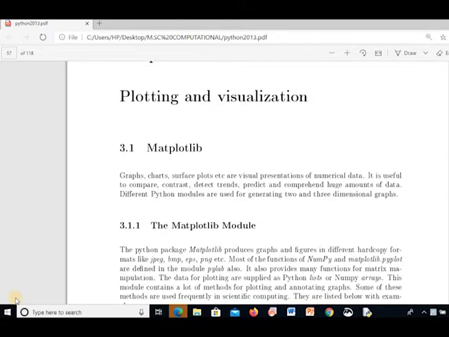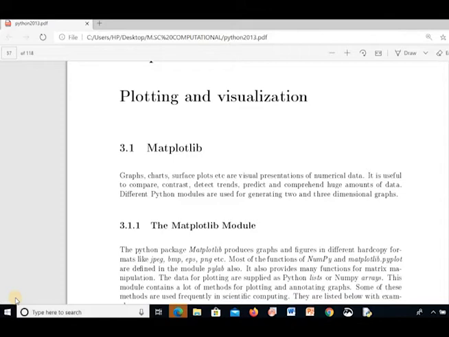Similarly, another package which helps us in plotting graphs, charts, surface plots and all sorts of visual representation of numerical data is Matplotlib, which stands for Mathematical Plotting Library. It is useful for comparing, contrasting, predicting and comprehending a huge amount of data.